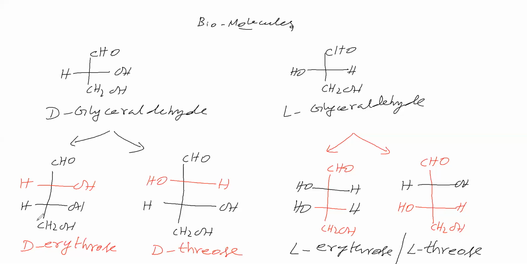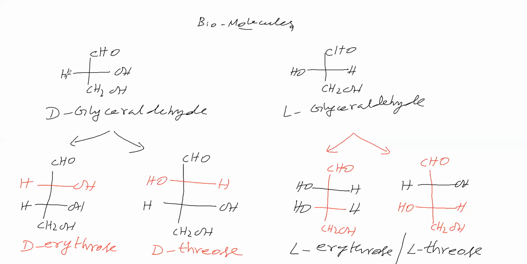So erythrose means both chiral carbons have their OH groups on one side. See, in this erythrose, these two chiral carbons have OH groups only on the right side. In this erythrose, these two chiral carbons have OH groups only on the left side. So if the chiral carbons' OH groups are on one side, it is erythrose; if on opposite sides, it is threose. Here in threose, the two chiral carbons have OH groups on opposite sides. Therefore threose we can say.